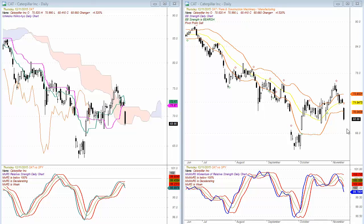If we see strong follow through, we could see continued downside, but I suggest we should be watching this swing low at 67.81 to potentially hold as support. If we breach down through there in a bearish manner, we certainly could see further downside. In terms of relative strength comparative in the lagging quadrant, the tone of the trend in the relative strength comparative and the momentum for relative strength is very, very weak, suggesting that we could continue to see very strong underperformance of Caterpillar against the overall